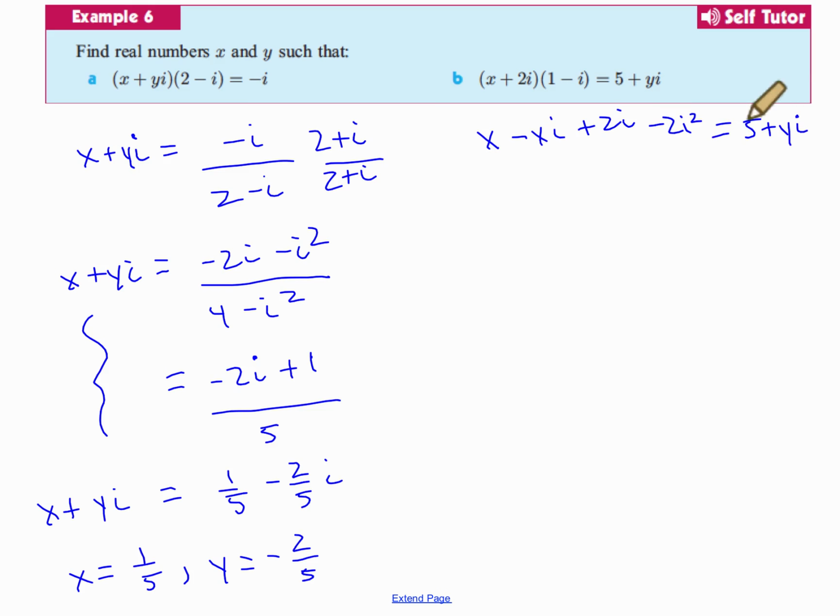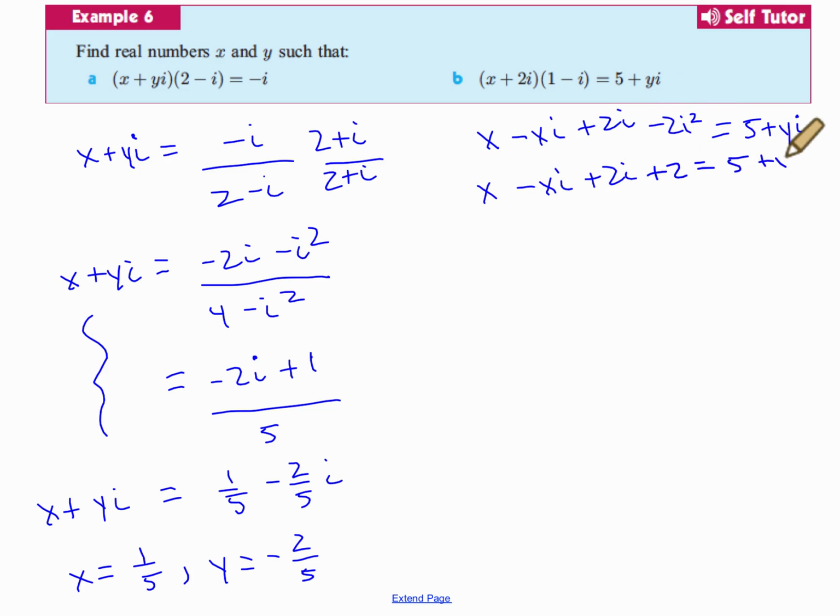All right, so this is in complex number form, and that's what I'm going to try and do here. Clean this up a bit. So x minus xi plus 2i, and negative 2 times i squared is going to be a positive 2, is equal to